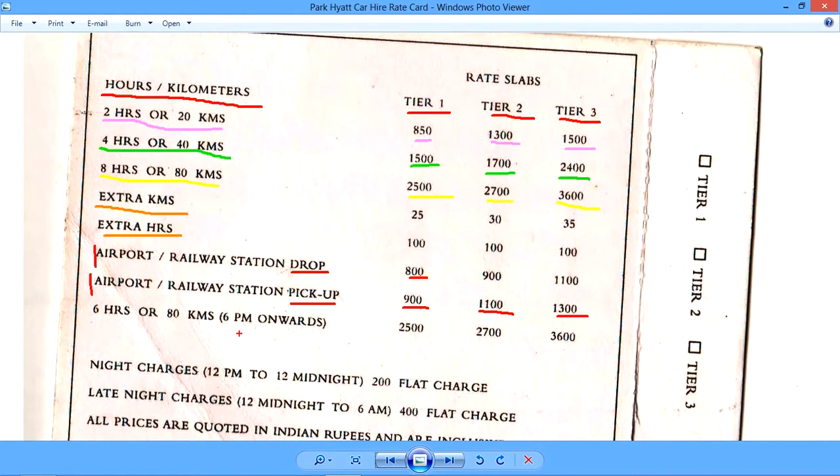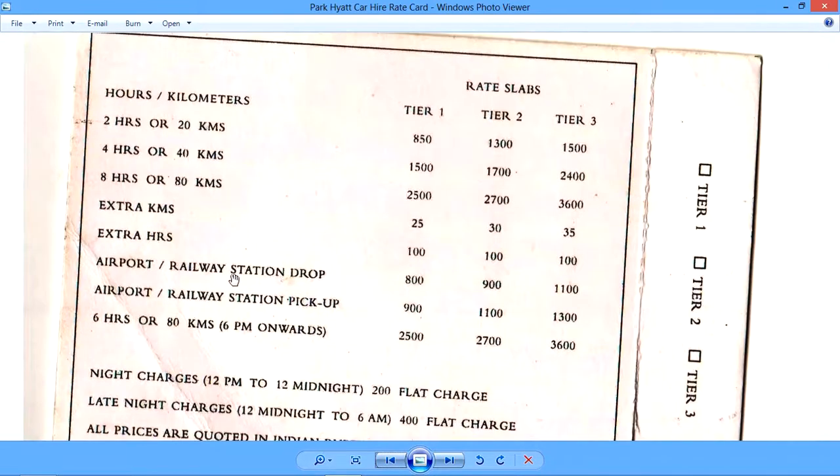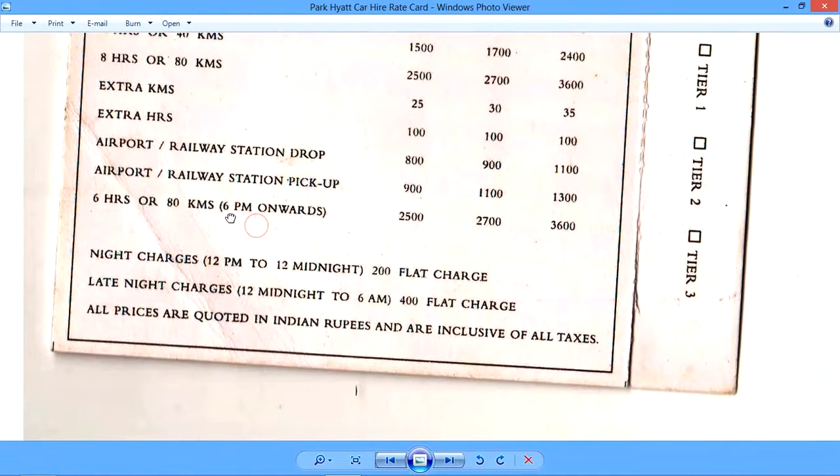And then there is a rate for, I think, after 6 p.m. So this is 8 hours, 80 kilometers before 6 p.m. This is 6 hours or 80 kilometers after 6 p.m. And then we have three types of charges here. Now, as you go down here, night charges from 12 p.m. to 12 midnight is rupees 200 flat.